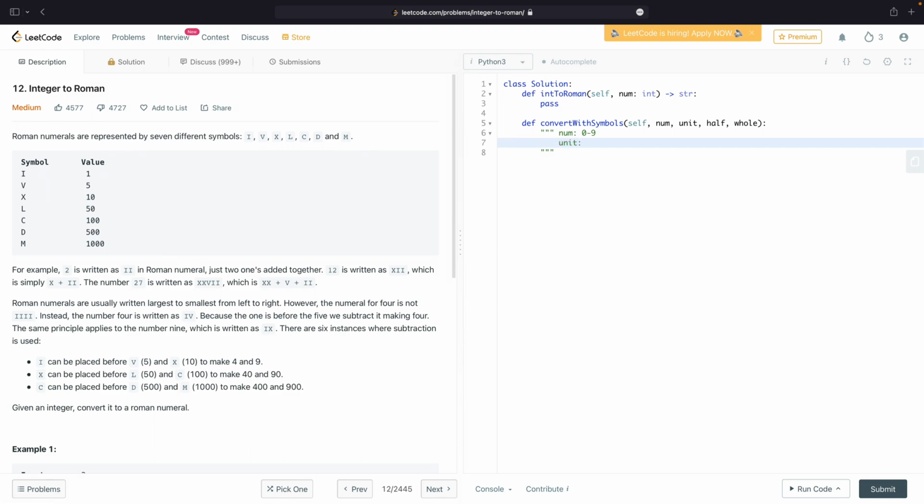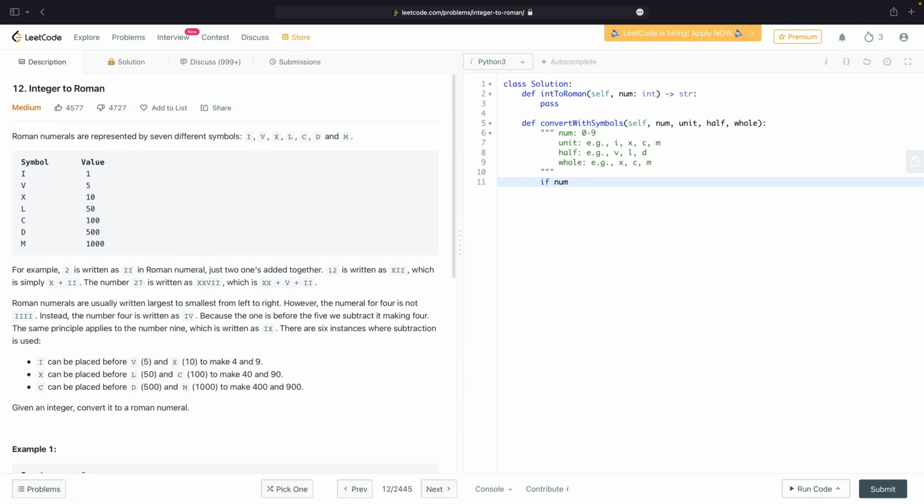Unit is I, X, C. Half is going to be either V, L, D. Whole is going to be X, C, M. And the way I'm thinking here is basically that